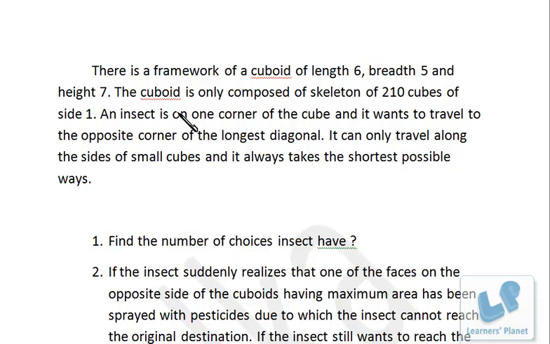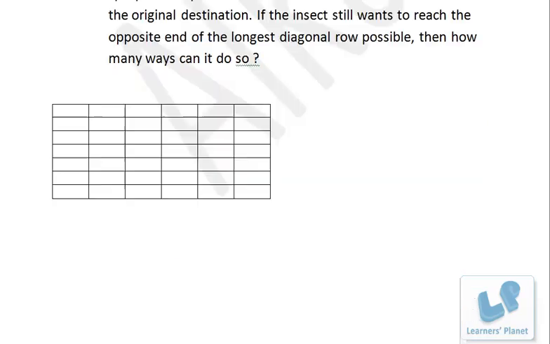See, this sort of problems are frequently asked in CAT exams. See, this is a 3D figure, that's a cuboid, right? First of all, we understand this concept by taking a 2D figure, right? Just wait for a moment. Now, first of all, understand this concept with a 2D figure.